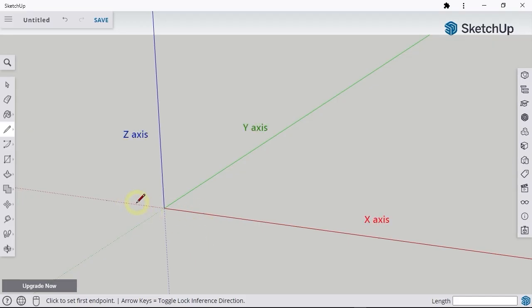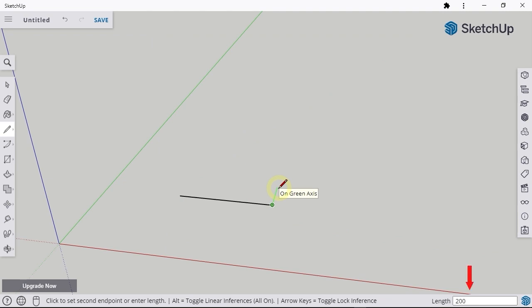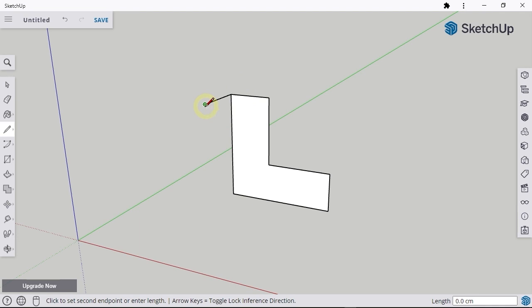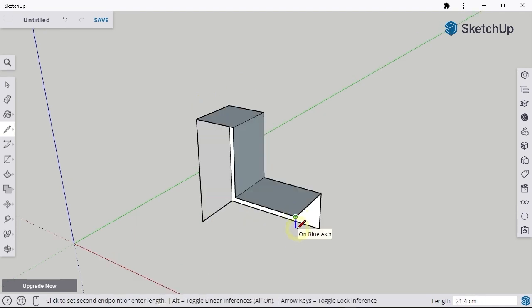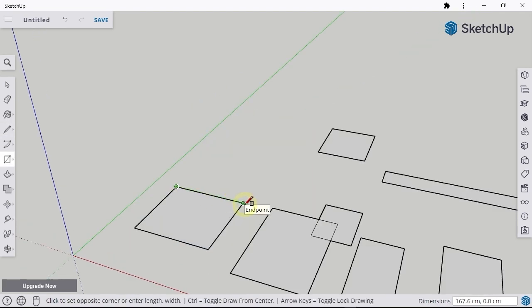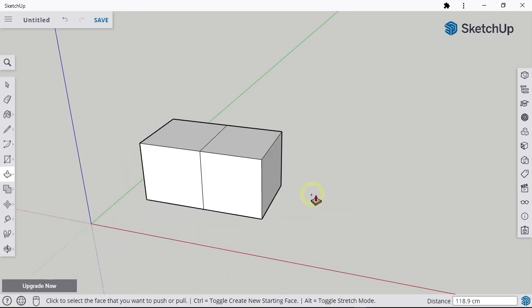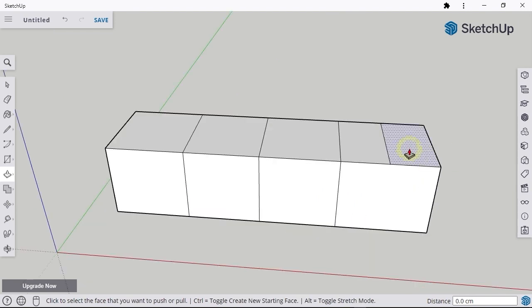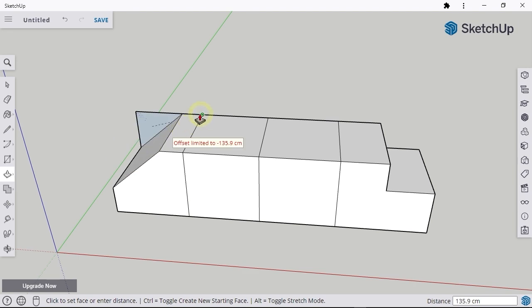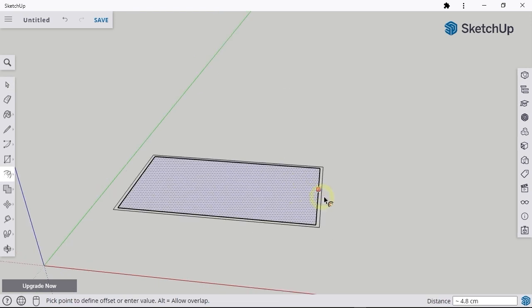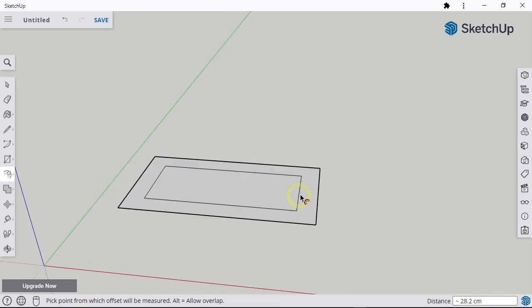In the second chapter, we will discuss basic 3D modeling techniques. We will start by learning the line tool, then discuss the concepts and features of inference in SketchUp. After that, we will discuss the rectangle tool, and then discuss one of the most important tools in SketchUp called the push-pull tool. Also, in this chapter, we will discuss various object selection techniques and techniques for deleting objects. Finally, we will cover how to use the offset tool.